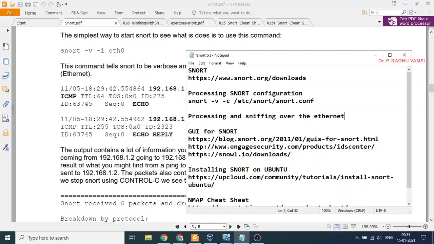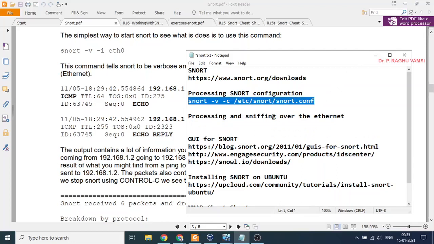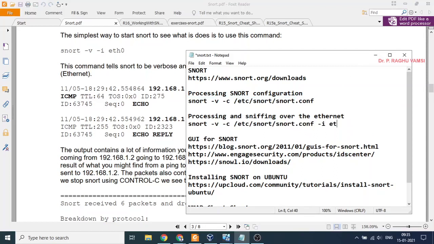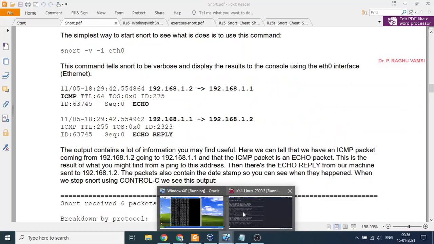The same thing you are supposed to do here, with -i, which is the interface, ETH1. Currently we are doing it with ETH1. In your computer, if you are using ETH0, then it is ETH0. Like that you are supposed to configure.